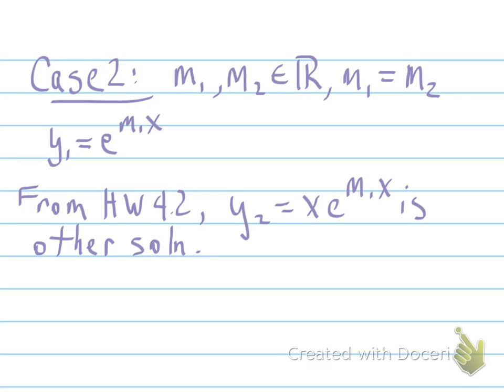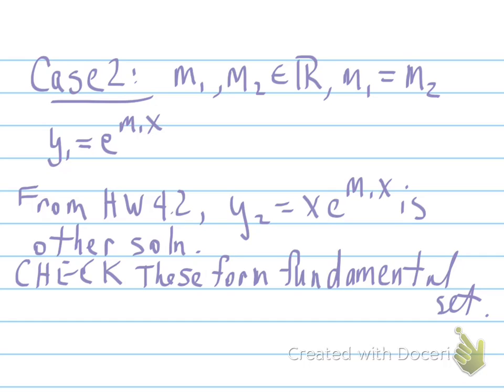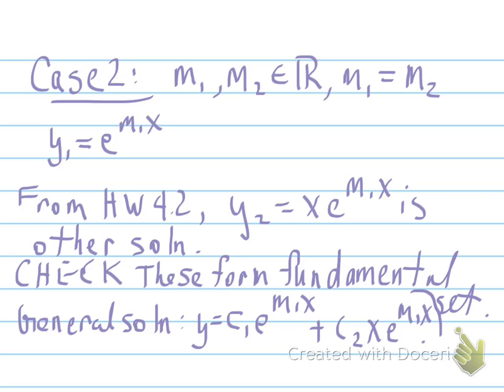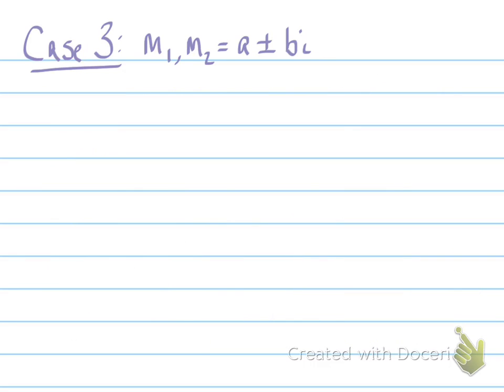So what you have seen in homework 4.2 is that you can use reduction of order to show that indeed the second solution is x times e to the m1x. And once you check that these form a fundamental set, so namely they're solutions and they're linearly independent, then you get that the general solution in this case is y equals c1 e to the m1x plus c2 x times e to the m1x. Case 3,